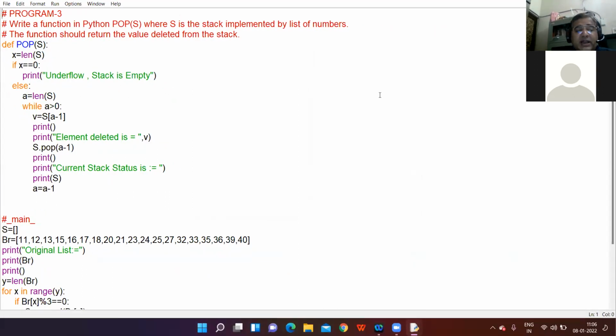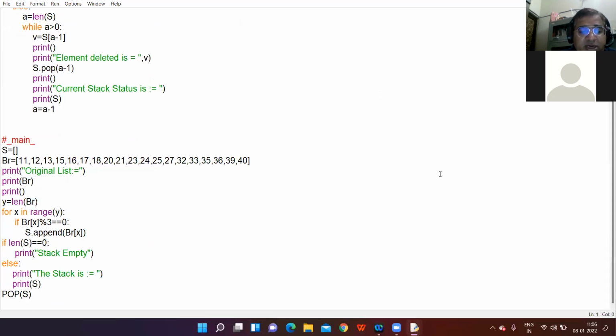Write a function in Python pop, where stack S is the stack implemented by a list of numbers. The function should return the value deleted from the stack. Earlier we did the push function. Now we are going with the pop function. Okay.